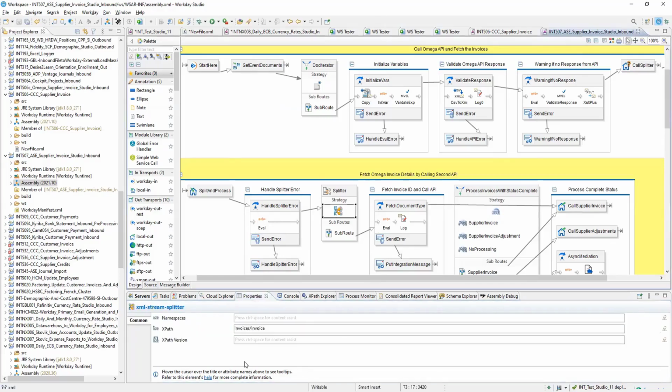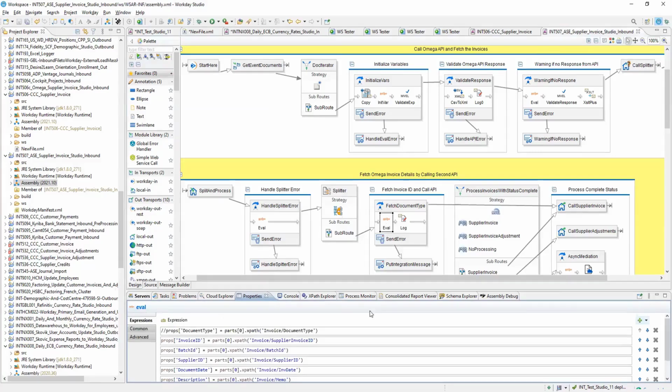Okay, now there is a splitter, which is now, instead of root/row, because I have changed my XML, invoices/invoice. Okay. After that is eval.